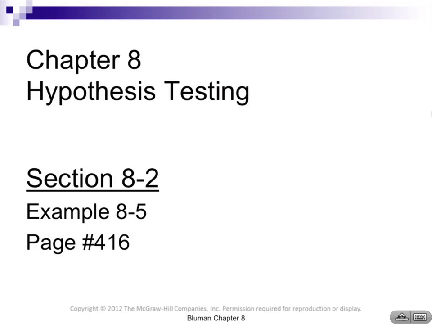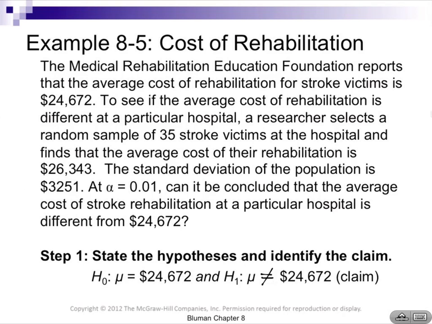All right, this is 8.5, page 416. Medical Rehabilitation Education Foundation, that the average cost of rehabilitation for stroke victims is $24,672. To see if the average cost of rehabilitation is different at a particular hospital, a researcher selects a random sample of 35 stroke victims at the hospital and finds the average cost of their rehabilitation is $26,343. So here, if we're going to go in here, this is our mu, this is our x bar,